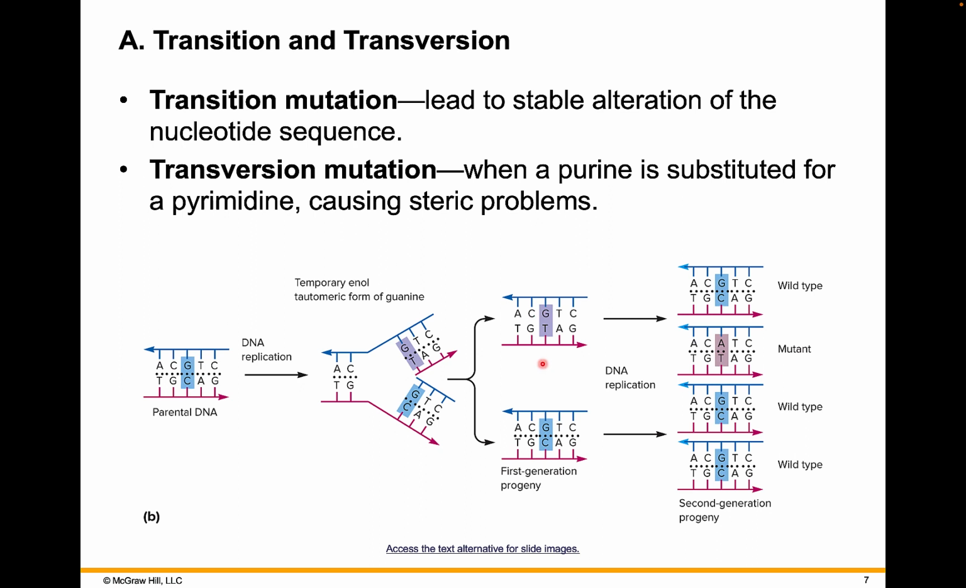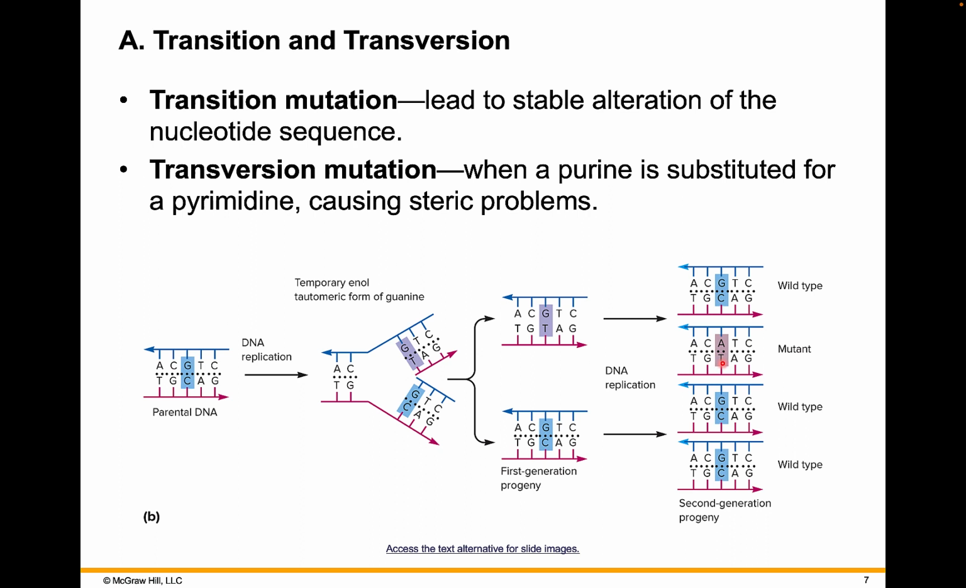Now in the first progeny, when this DNA is replicated, the two strands will separate. So this will become a G. This remains as a G. So a C proper base pairing will happen, and this will become a wild type. But the problem is that due to the temporary enol tautomeric form of the guanine, this thymine wrongfully base paired with it instead of a C. So in this strand you have a T, and an A will base pair with it correctly. And now you have a mutant form,